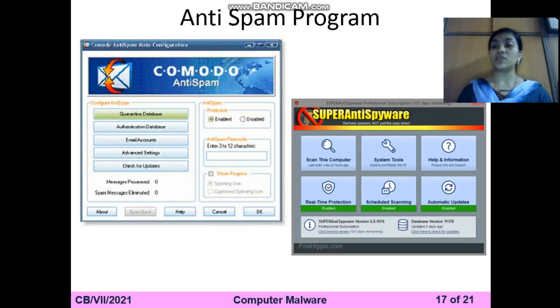So this is the one best example that we can see. So anti-spam will be shown, and now our government, our police officers, our doctors are working as an anti-spam for us, just because they can take care of the malicious ones, I mean patients that are affected by corona. So this is the real life example that I told you, and I hope that you understood the basic concept of the anti-spam, just because it's totally the same situation. Okay, these both are the examples of the anti-spam program, Comodo and the super antivirus spyware.